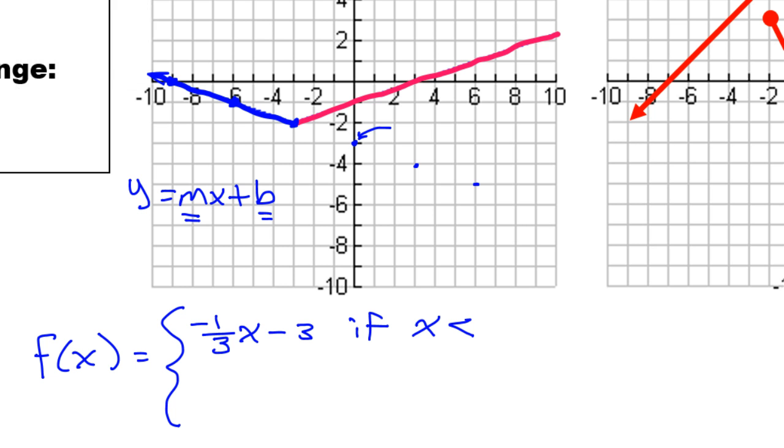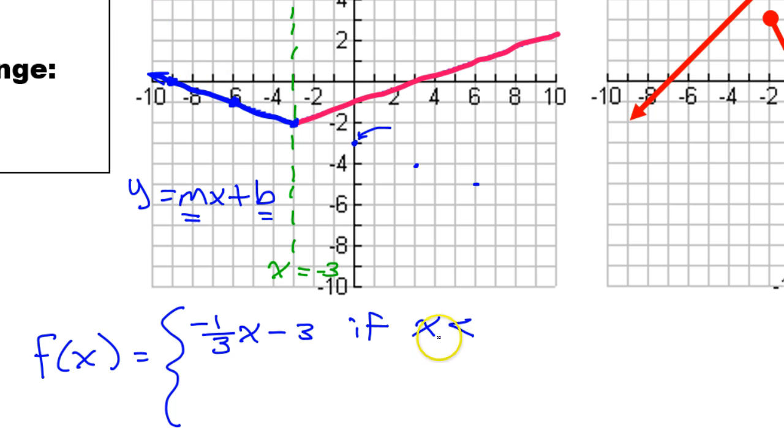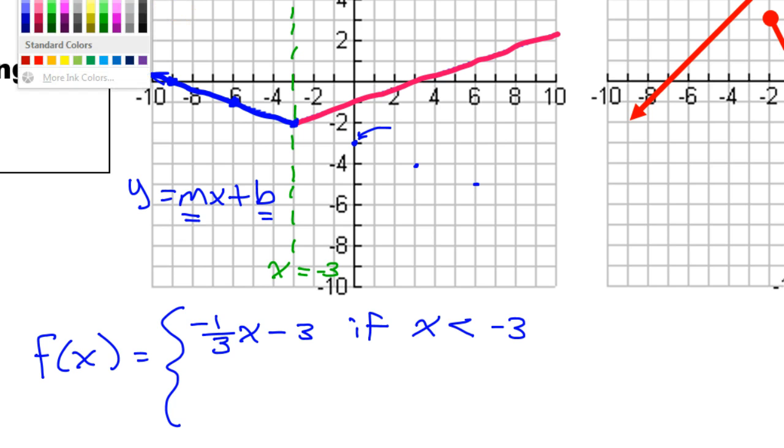It's all about the axis of symmetry, the vertical line that splits this in half. That's the axis of symmetry. And this is x equals negative 3. So that's why I'm going to put x is less than negative 3, because we want the values that go to the left. Now for the red side,